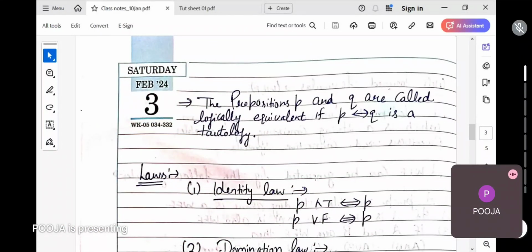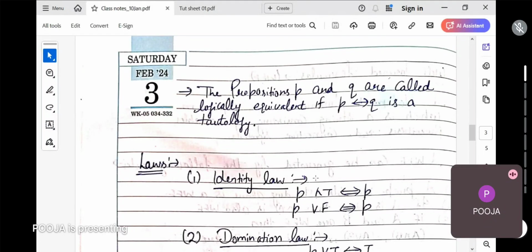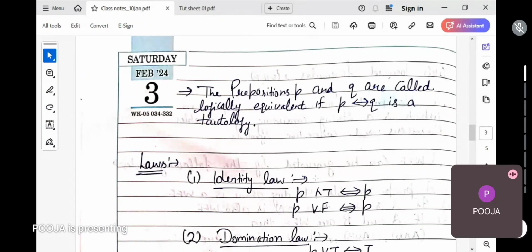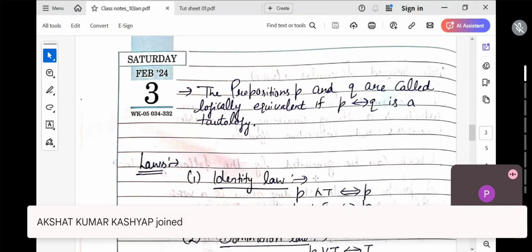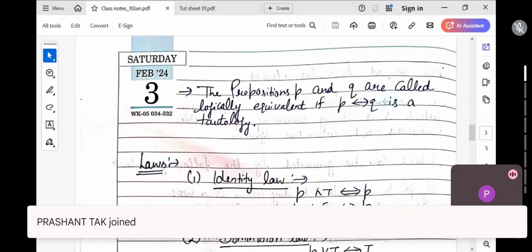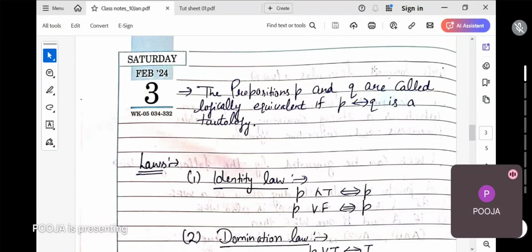Now we have certain types of questions like: show that the given propositions are logically equivalent. So we have two things to do in that case. One is we can solve the given two propositions; the values for one proposition should be the same as the values for the other. The second thing is we can obtain P biconditional Q. If P is one proposition and Q is another proposition, you solve P biconditional Q. If that result is coming out to be a tautology, true for all the rows of the truth table, then the propositions are called logically equivalent. For example,